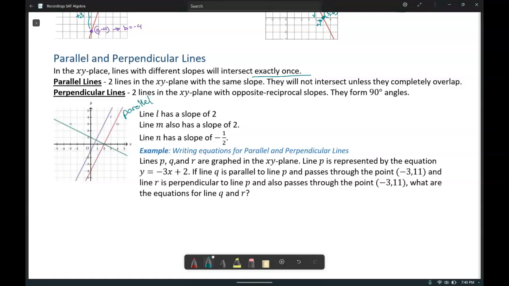L and M here are parallel because line L and line M both have a slope of 2, and they do not overlap. Line N is not parallel to either L or M. We can see that it intersects. Perpendicular lines are when two lines have opposite and reciprocal slopes. That means that we change the sign,